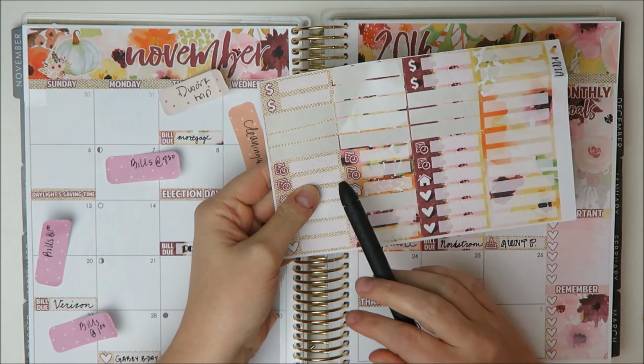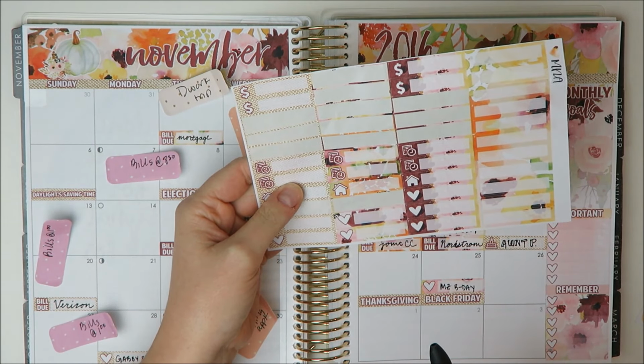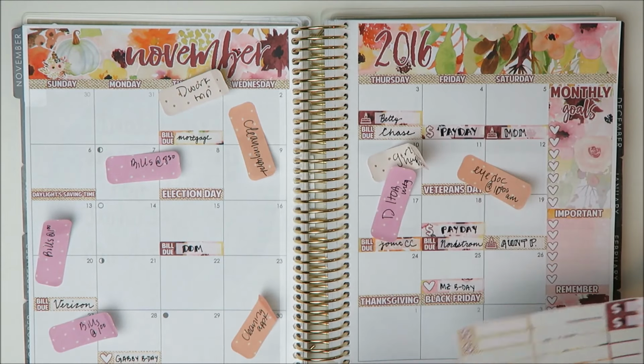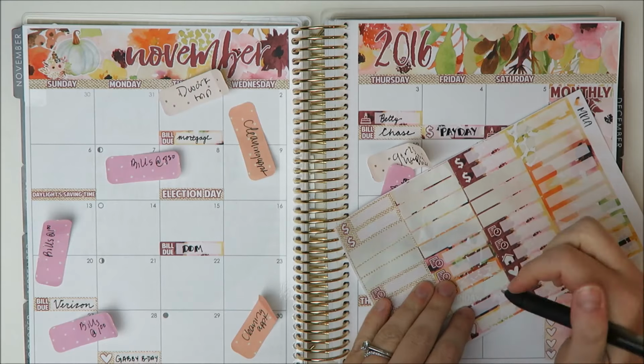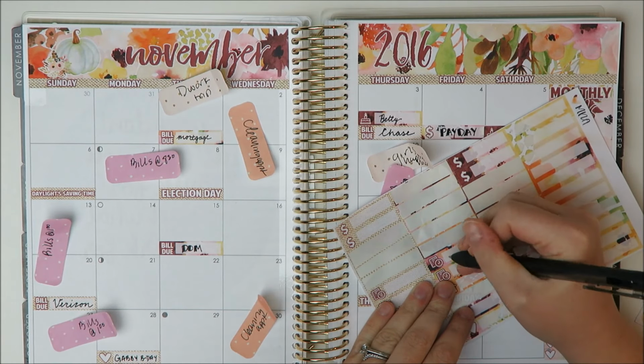What do you guys think these icons are for? I think I might use it for a doctor's appointment because it has a clock and it's like an appointment. But I don't know. What do you think? Is it like a blog post? I can't tell with the document, but